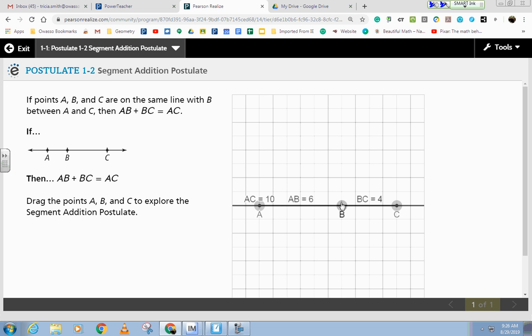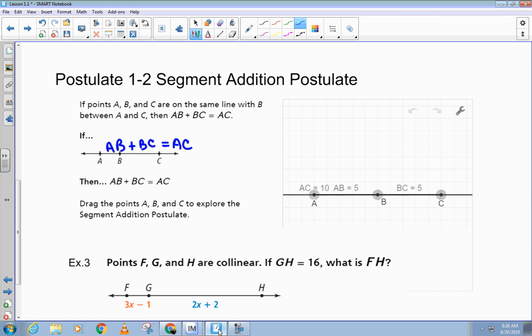Okay? So that segment addition postulate basically is just saying that you can take the first part of the segment plus the second part of the segment and it equals the whole segment. Okay? So with that in mind,